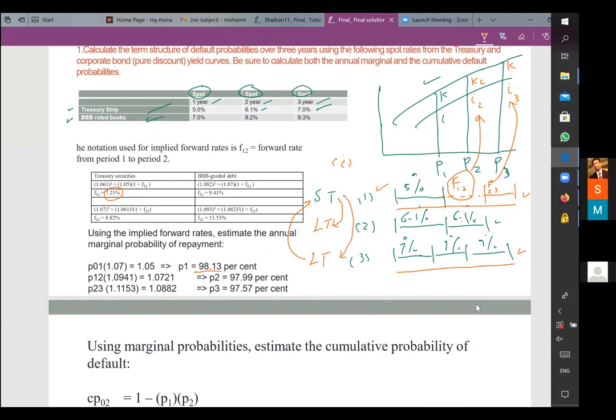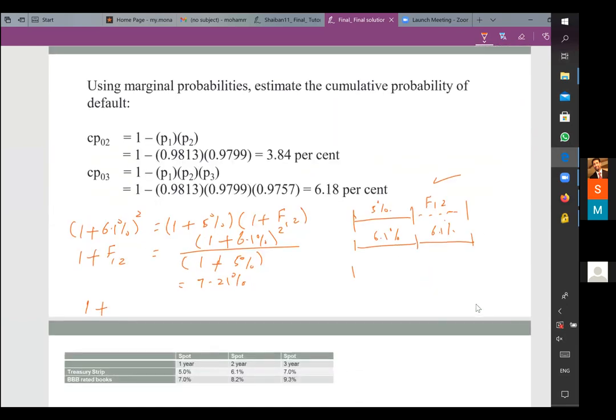It's 7%. So it will be 1 plus 7% to the power of 3. Then this will equal actually 1 plus 6.5% squared, then 1 plus